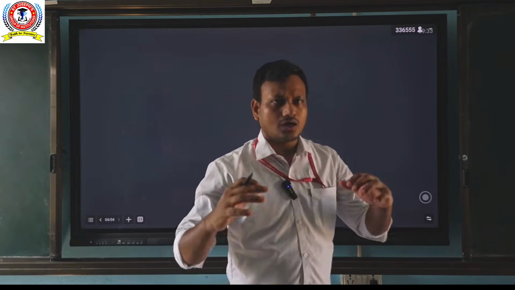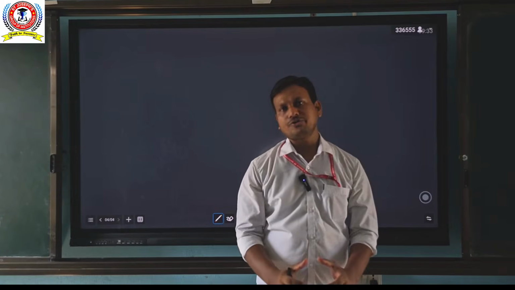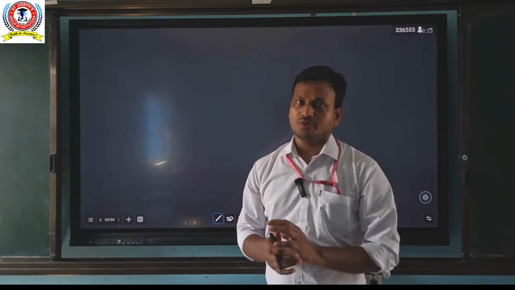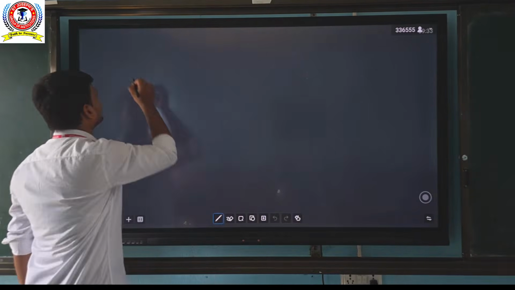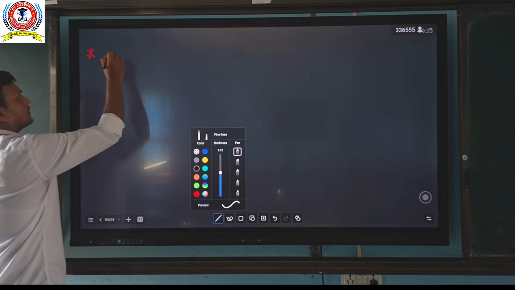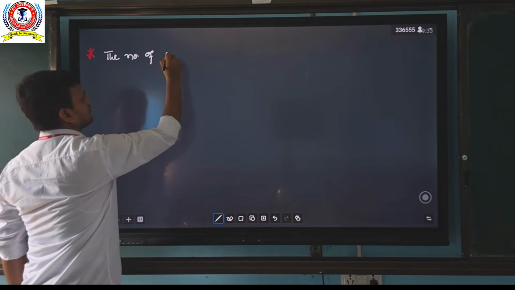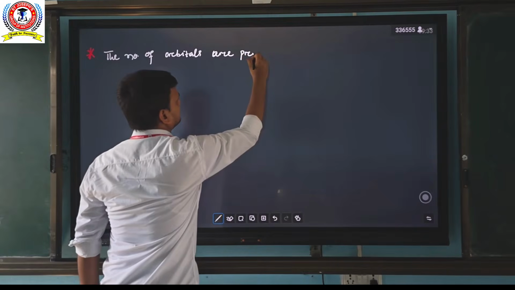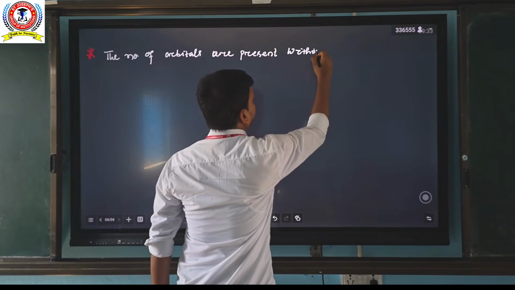Students, I want to give you complete information about shell, subshell and orbitals. Before we start, I want to give you another concept. Please focus on the board. The number of orbitals present within the subshell